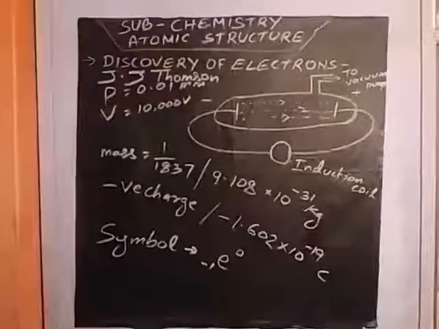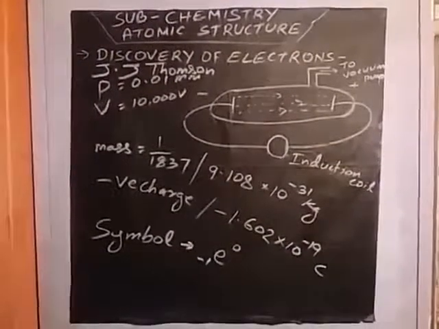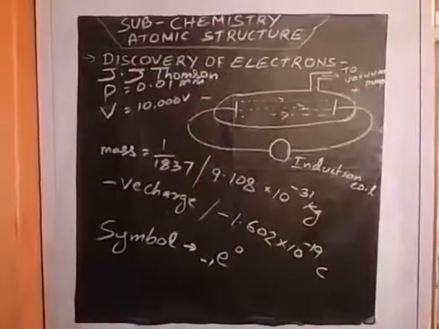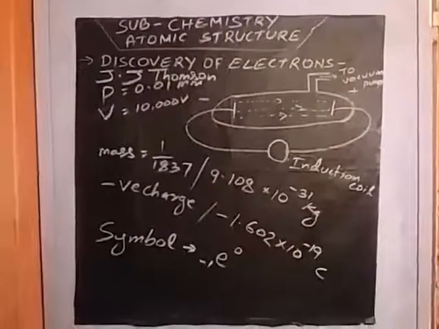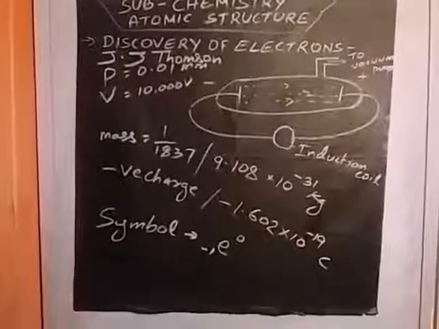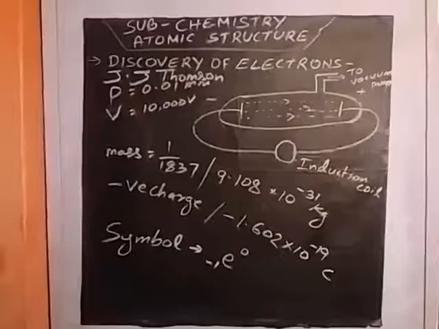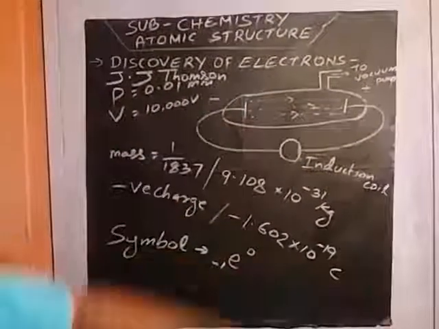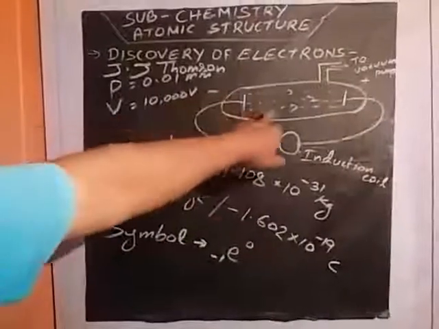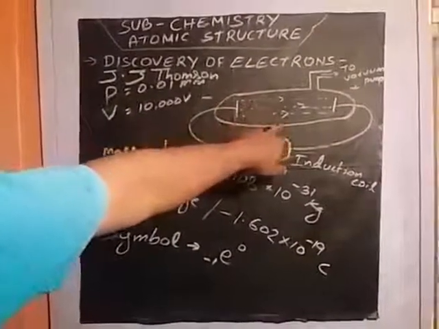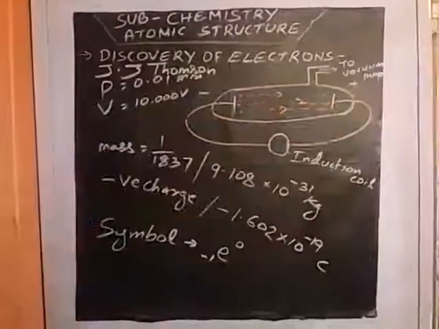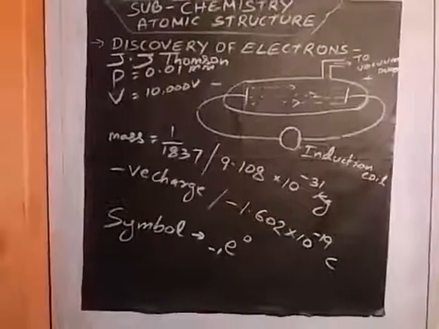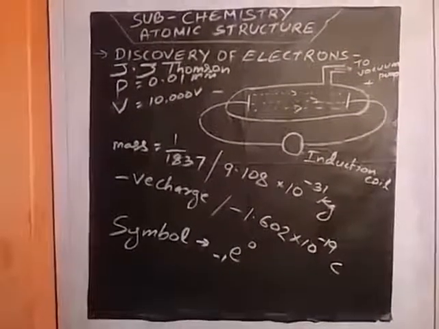So these are the properties of cathode rays. They travel from the cathode to the anode in straight lines. Second point, they cause a greenish yellow fluorescence on a soda glass screen placed in the tube. They are affected by the electric field. If you put an electric field, they are affected like a magnet: negative is attracted towards the positive and positive towards the negative side. So these are deflected towards the opposite pole of the electric field.